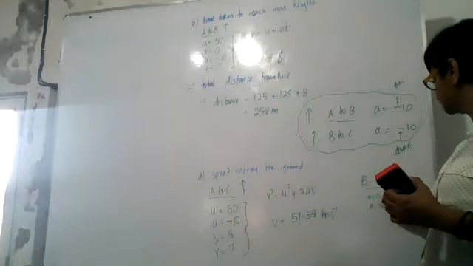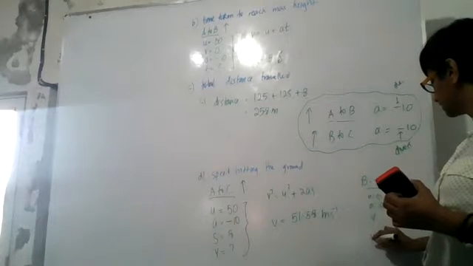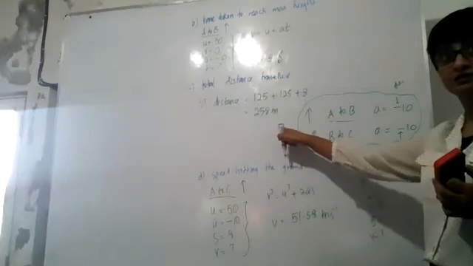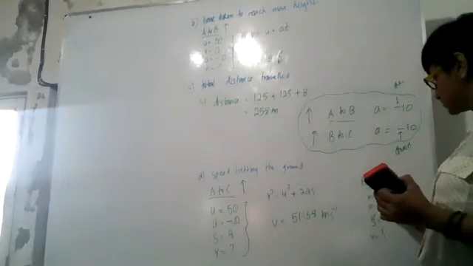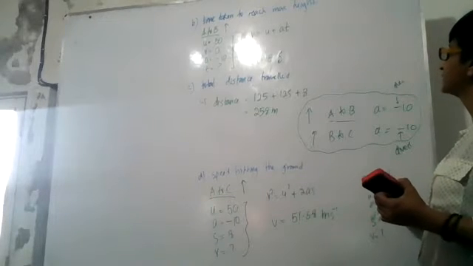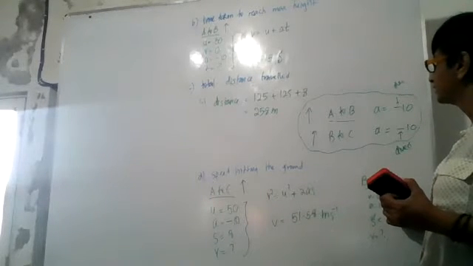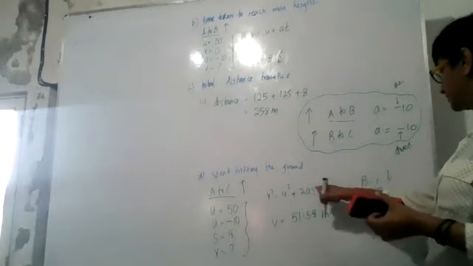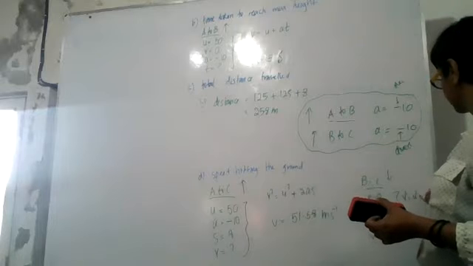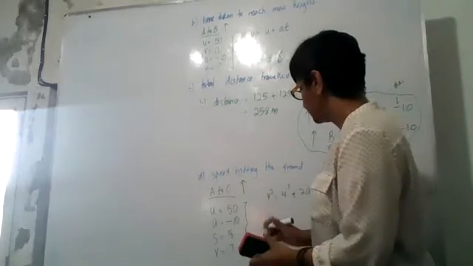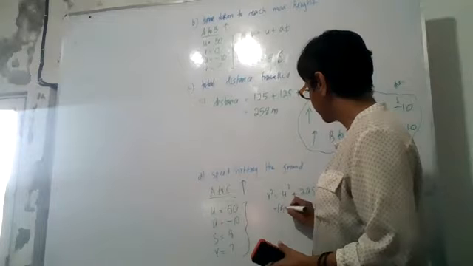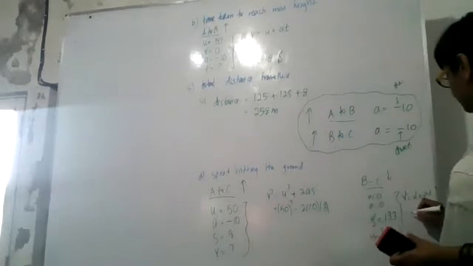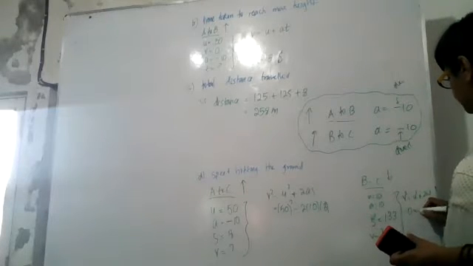So a is 10, v question mark, and what else do you use? Actually, s, no, s is not this. Yeah, I know. It is 125 plus 8. Oh yes, it should be the same. What's 125 plus 8? 133. And you would use the same equation. Here you get u squared is 50 squared minus 2 times 10 times 8. Here you get v squared is 0 plus 10 times,